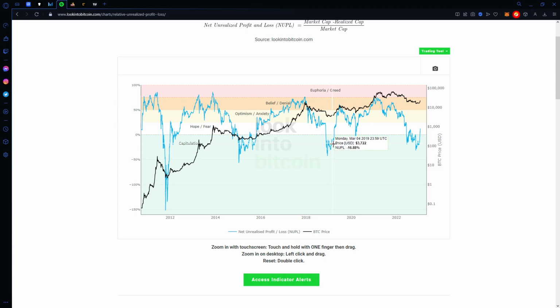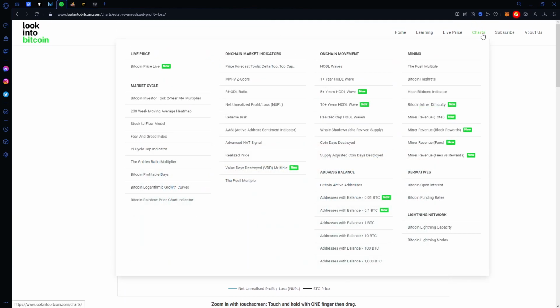So I do pull this up because it does have market cap and then realized market cap. Just how realized market cap works is whenever a coin is moved into a wallet, it takes the price of that coin from the price at the market at that time, and then adds all of those together, and the market cap is subtracted from that, and that tells you how much people are in profit in a way. So that is another chart you should probably use a lot on this website,